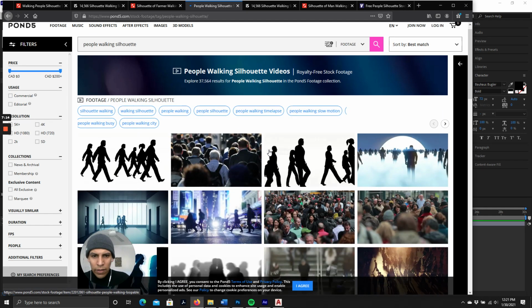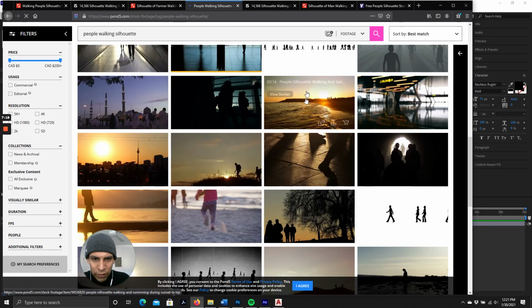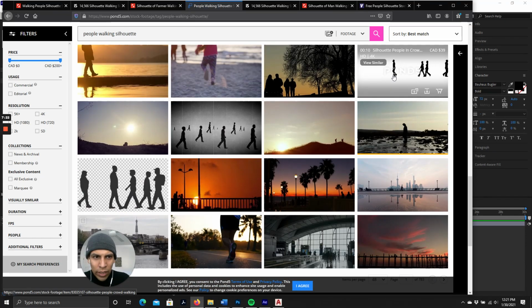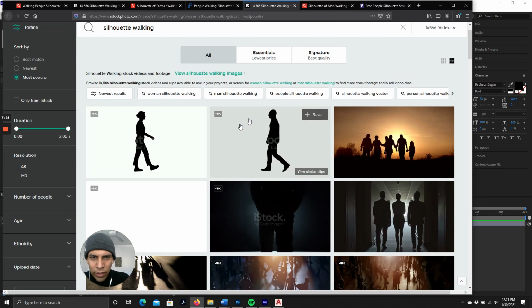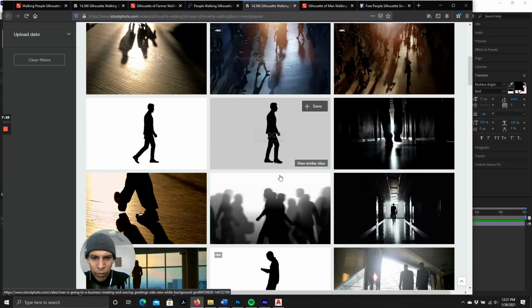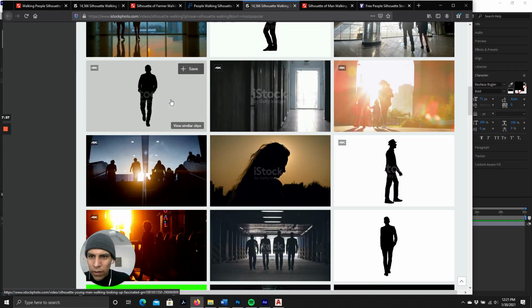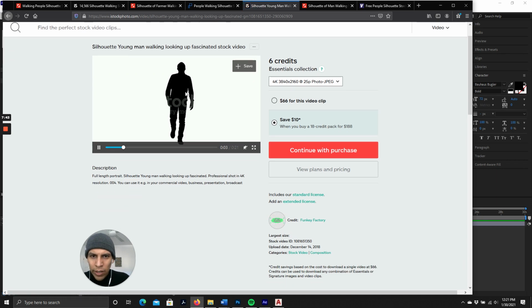We'll click on that. So this one, Pond 5, there's some silhouettes there. That's actually good if maybe you're doing a more urban section or more plaza or park. What we want is, see, these are starting to get there. We want someone walking towards us from the front view. So let's see. Oh, this one's perfect here. So I'm going to click on this, and I am going to right click